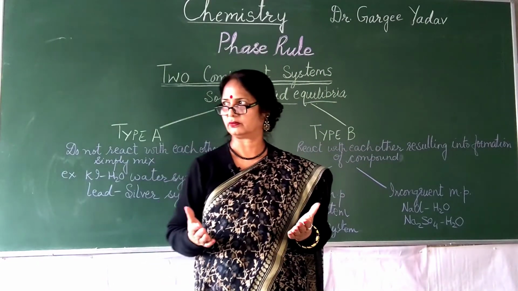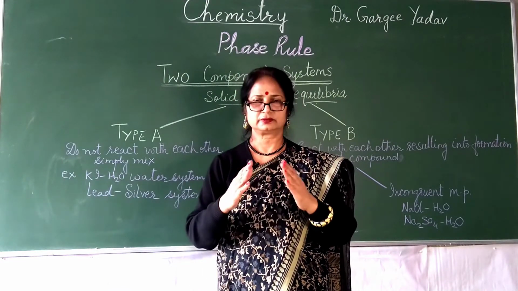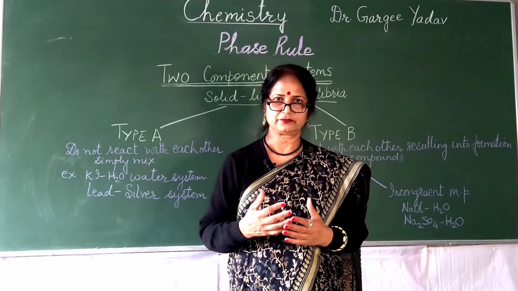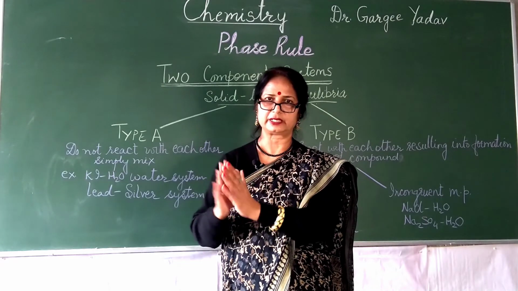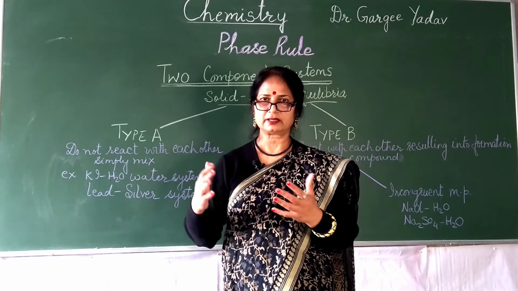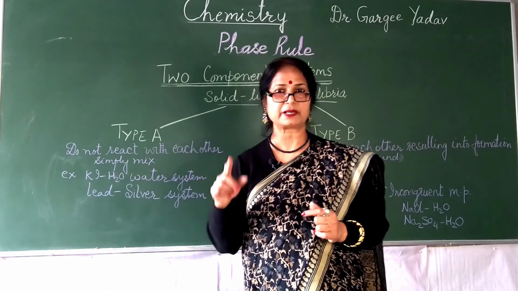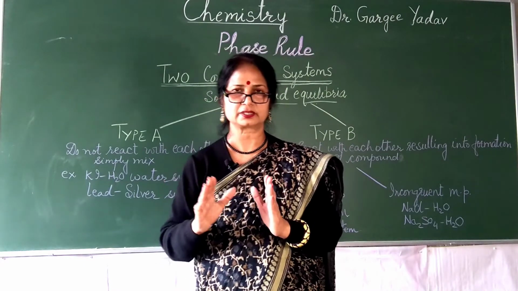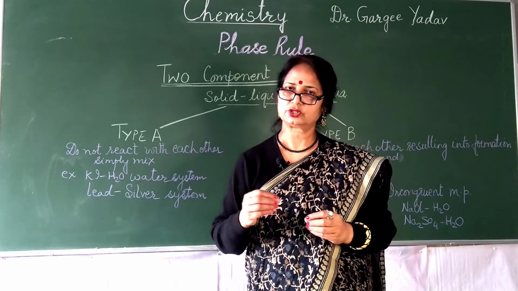Let me summarize once again. When we are studying two component systems, the degrees of freedom can be 3. When the degree of freedom is 3, we cannot depict it on plain paper. So what we do is keep one of the variables constant, and now what we follow is known as the condensed system and a reduced phase rule equation, which is given by F' = C - P + 1 instead of F = C - P + 2. So that is the main concept to be remembered when we are studying a two component system.